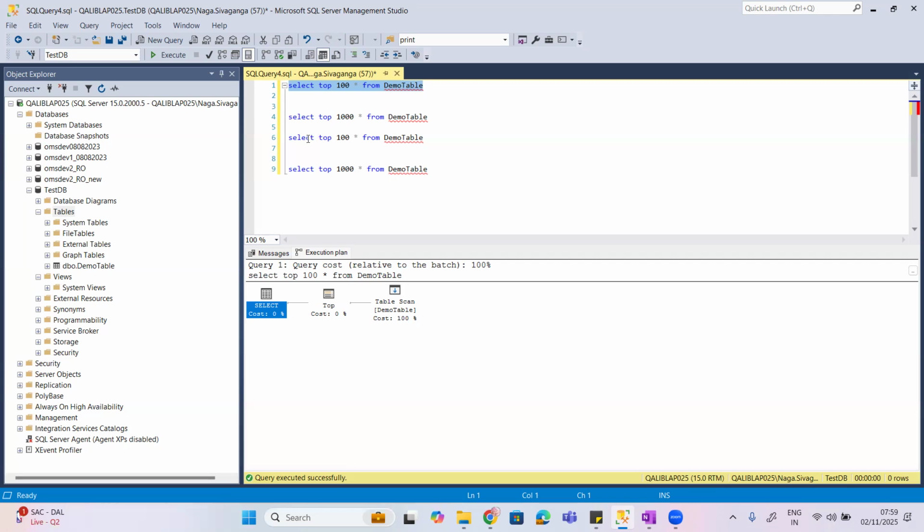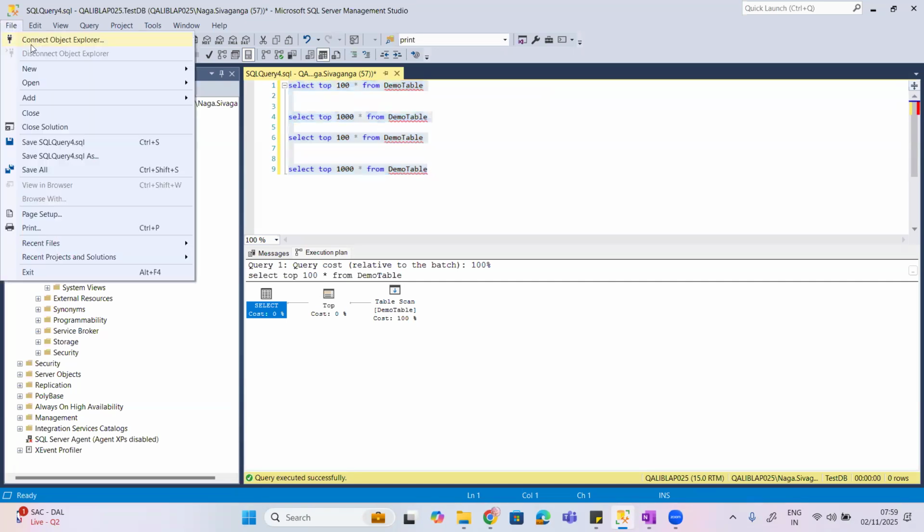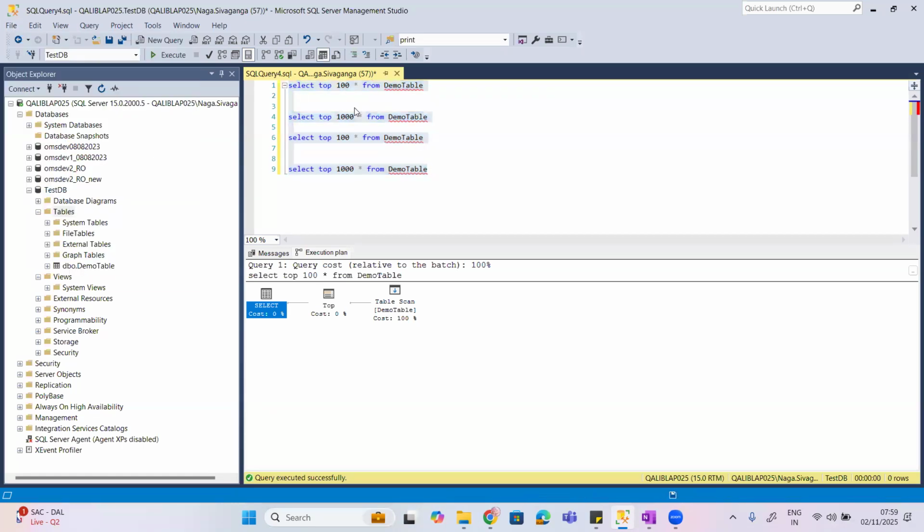Okay, in SSMS, this is the majority of the features that we will be using. There are others in the context menu. Oh, I forgot. Let's say you have created multiple things in this SQL query window and you want to save it for future purposes, to store all your queries. You can store this SQL query window just by going to the File menu and saying Save SQL, whatever,